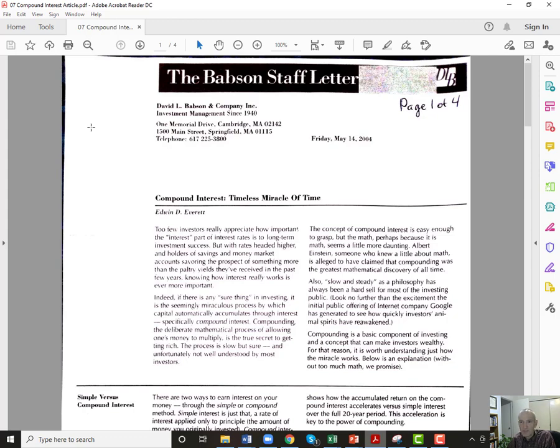We never invested with Babson. They're a famous firm, David Babson. Probably still in business, probably managing a few $1 billion. I don't know. I haven't checked in with them in a while. This article was written by someone named Everett. Some of their articles were very